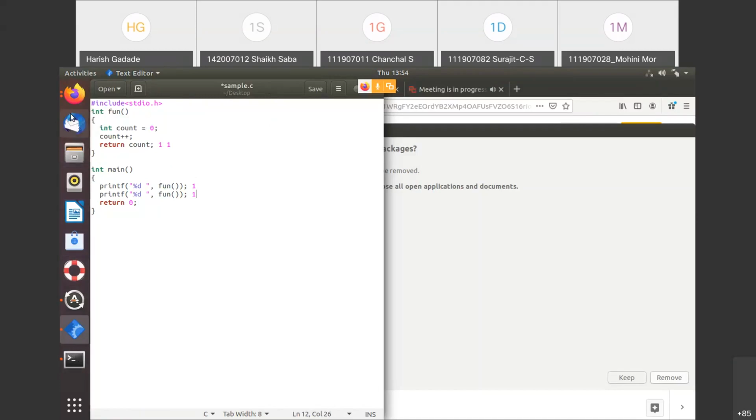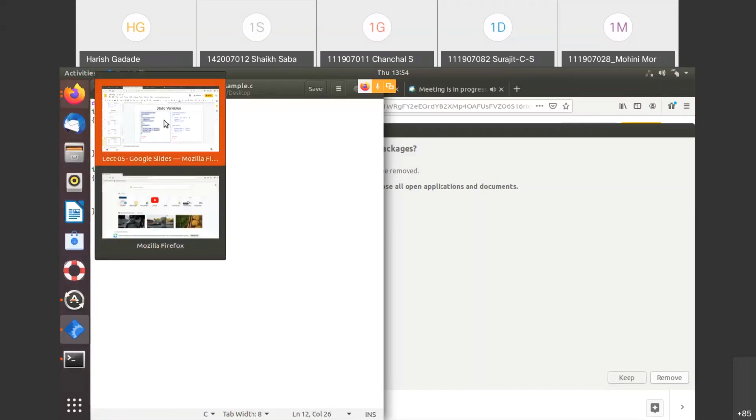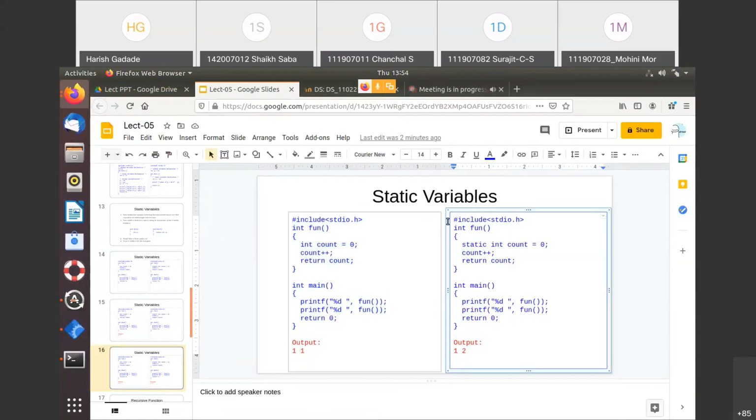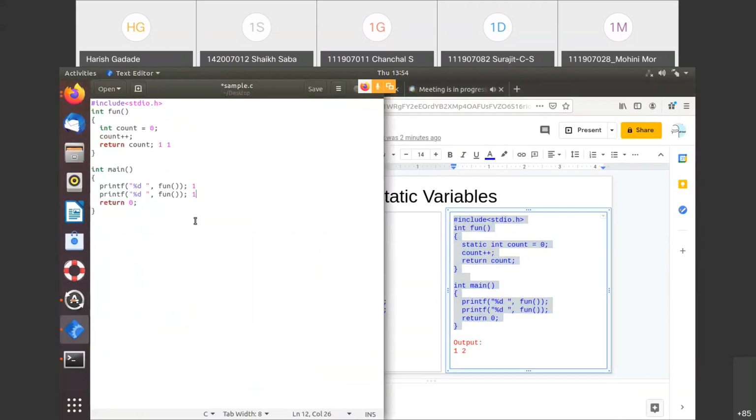Now suppose you are using this static variable. Now I'll just copy this part, and I'll execute this so that we understand this. You can see now I have used this static variable, and again I just take a new line, okay, so that we understand here.